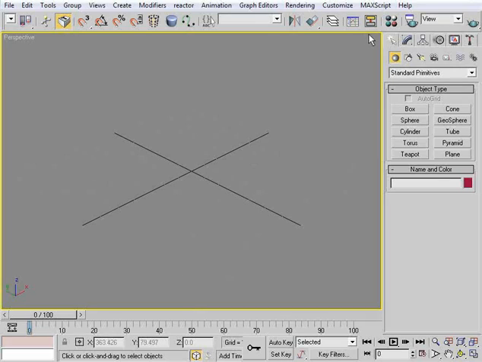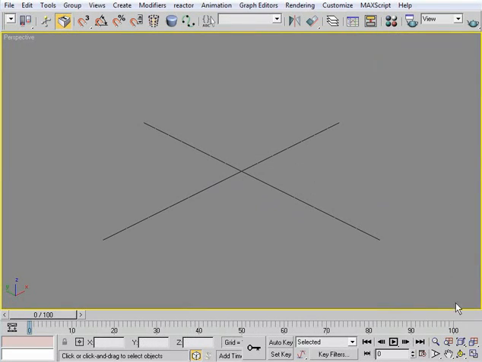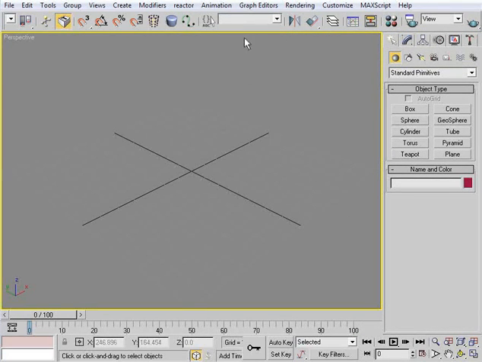Okay. Move on now to this area over here. This is your command panel, and by right clicking up here on our main toolbar, we see we have some options here, and we see we have our command panel. We can uncheck and we can get rid of that and have a nice big full screen here if we wanted to. So I'm going to go back and right click again and turn our command panel back on,